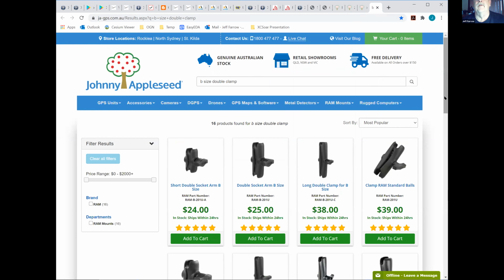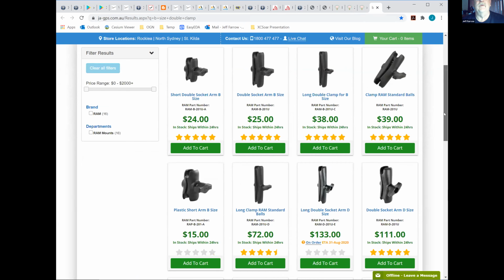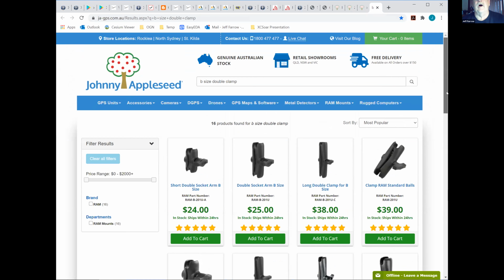The other thing you'll need would be an arm to join the two together, and they come in various sizes. So the short one would be pretty useless for most, but the medium and the longer ones are okay. In our club, it's up to the pilots to supply their own mount. If your phone has a mount supplied, you can buy a ball and just mount it on the back of it and connect up that way. Now, back again.